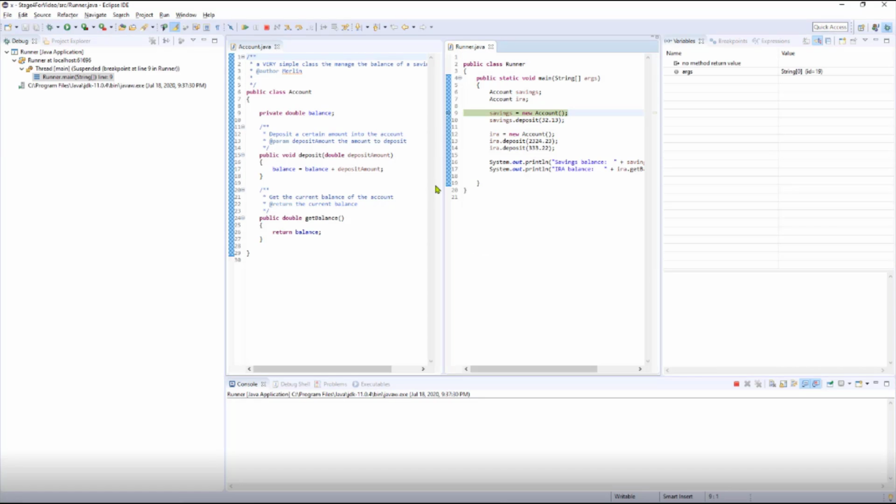Okay, so now we can see I have my two files. I can look over here and see that this is what's running. It is my runner class that is running, and it's at a breakpoint at line 9, and that's highlighted over here. If I say step over,